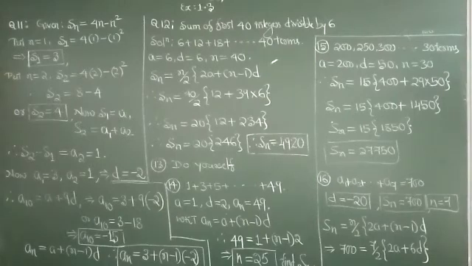If each prize is 20 less than its preceding prize. So prizes we are giving: first prize, second prize, third prize, fourth prize, like that. Then first prize and second prize, can we give the same? Definitely no. So what we are doing? Each prize is 20 less than the previous one. What is the common difference? Minus 20. You are reducing the amount. First one will get more, second will get 20 rupees less, third will get still 20 rupees less. This goes on. So we got the indication, d is minus 20.